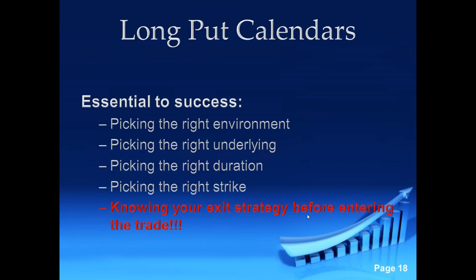And by the time you're to this long put, you could have it completely paid for, right? By the time you're in that monthly cycle and it's the spot month, you could have a free put on. So a 30% increase for a lower risk tolerance, 50% increase in value for a higher risk tolerance.